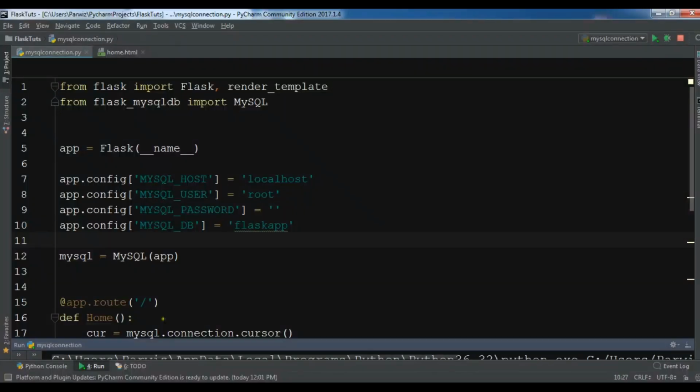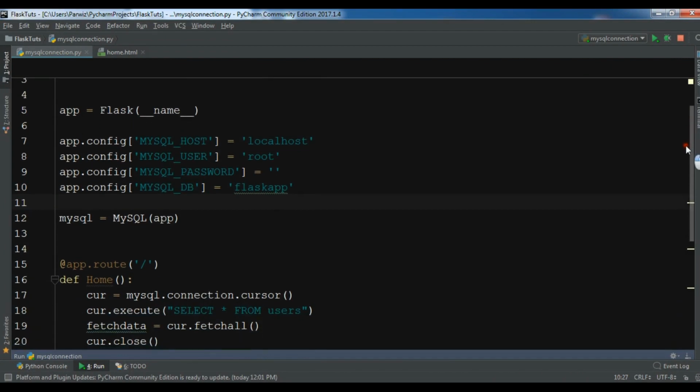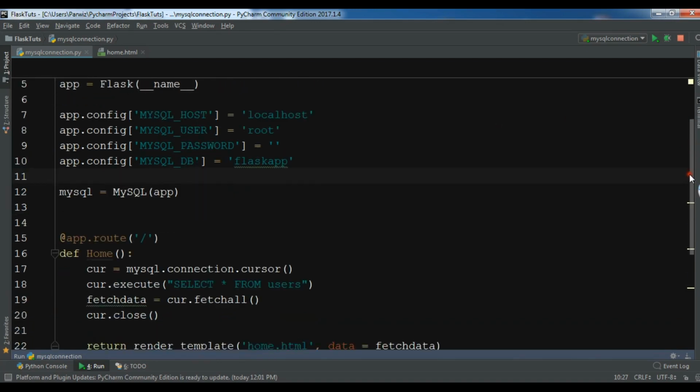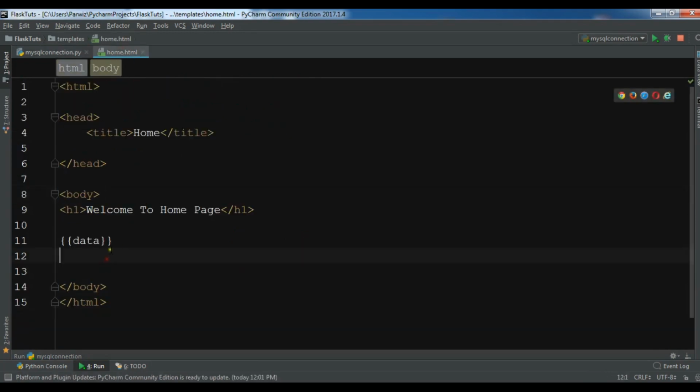Now I'm going to open my Python IDE, and you can see that this is the previous video where I have connected Flask, and this is my MySQL configuration, and I have used Flask MySQLdb. So if you want, you can watch the previous video. This is the data that I have retrieved, this is my context variable, and here I have printed the data in my HTML. Now I'm going to remove this, and I want to show you how you can retrieve the data